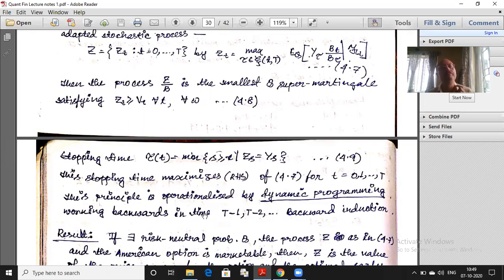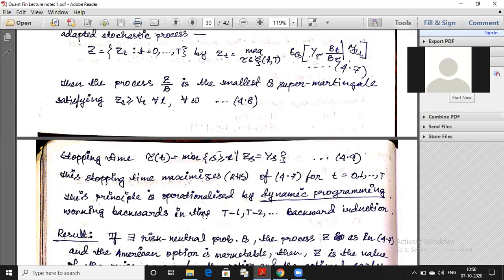So at time T minus 1, the only decision I can take is whether I execute immediately or I wait for the next day, which is the last day. And I solve the T minus 1 time problem. Then I go one step backwards, I solve the T minus 2 time problem, because now all the solutions for the T minus 1 time nodes are available to me. So with that information, I solve the T minus 2 time point problem, and so on backwards till I reach the current time.